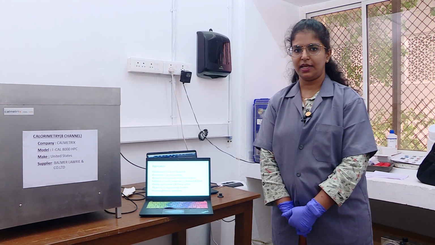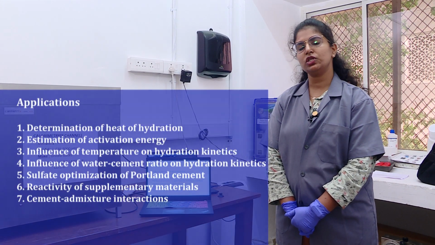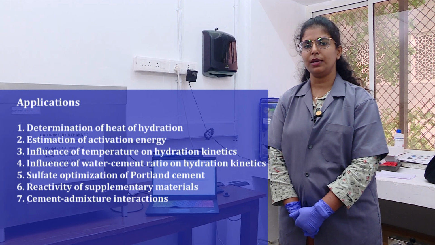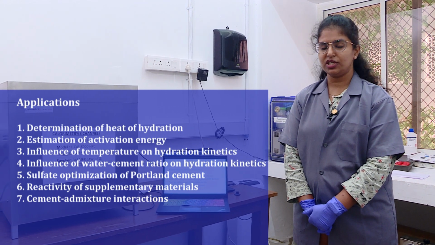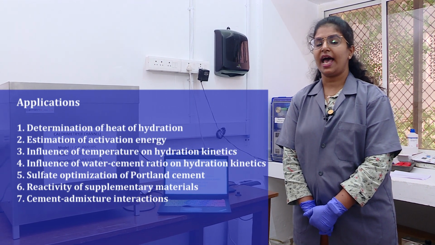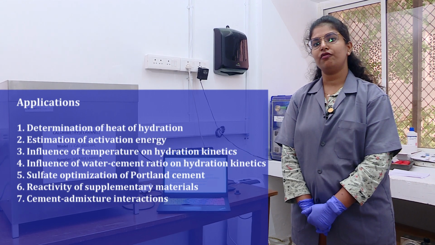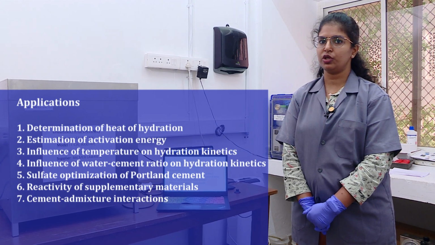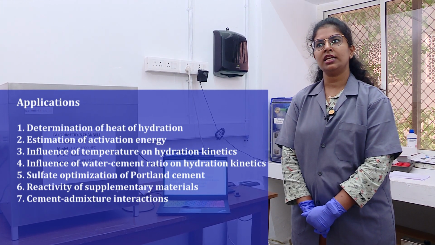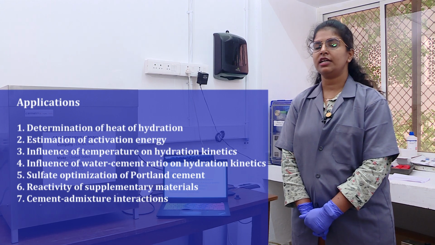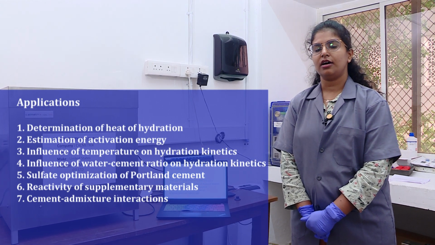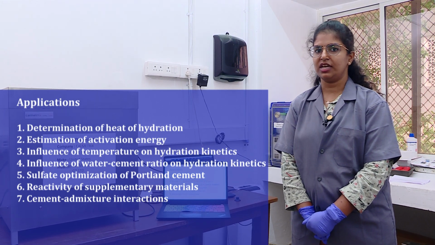Now let us look at the application part. The heat evolution results from isothermal calorimetry can be used to measure the reaction kinetics. It can be used to measure the activation energy and the influence of temperature and water to cement ratio on the reaction kinetics, and it can even be used to measure the reactivity of alternative cementitious binders like fly ash, slag,